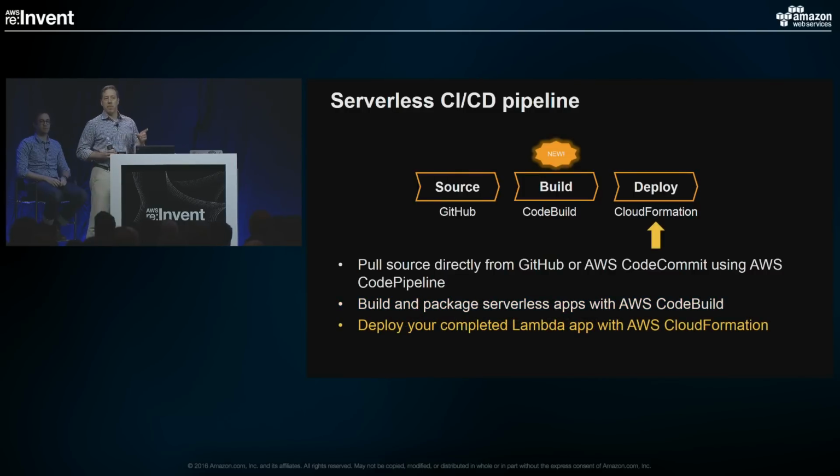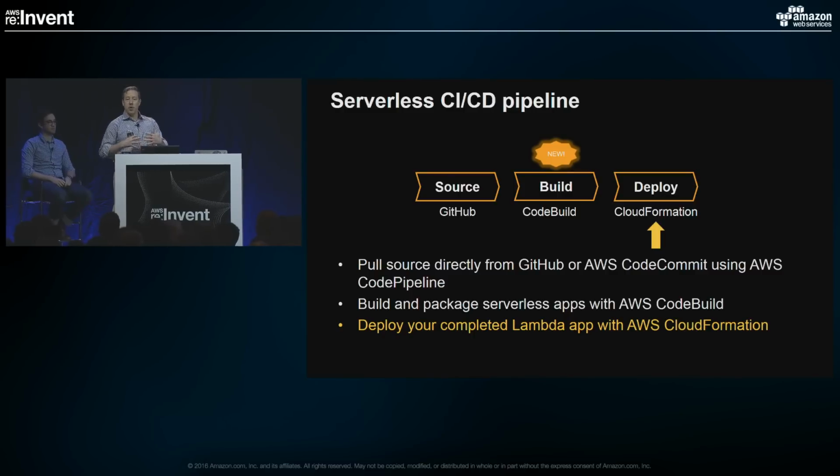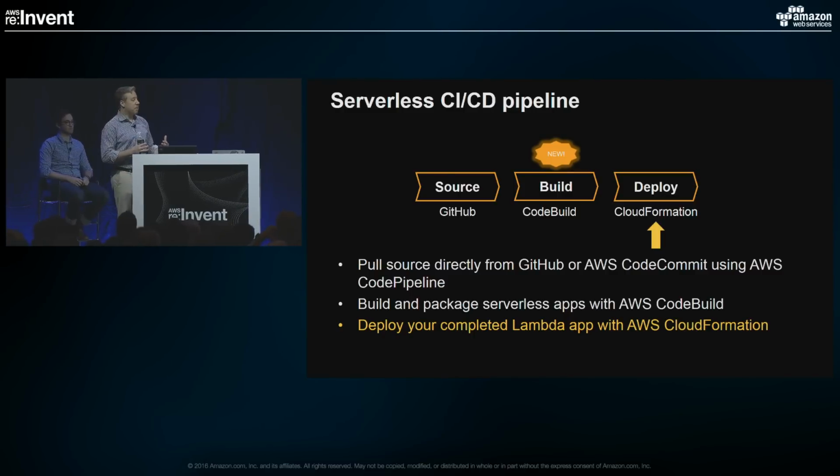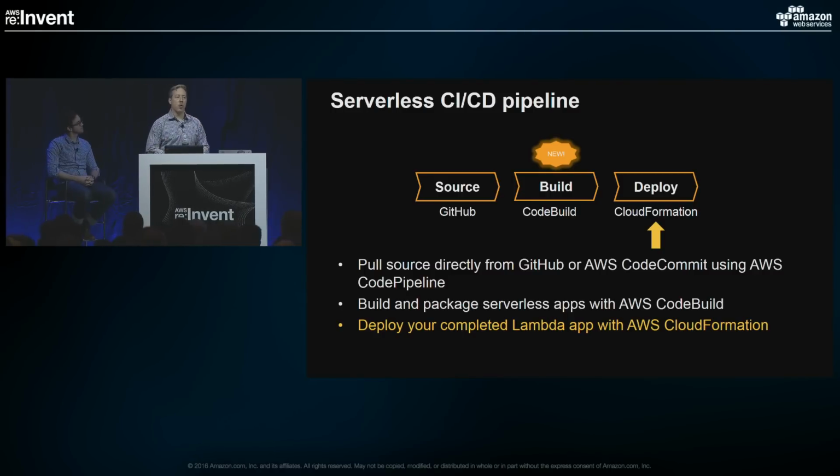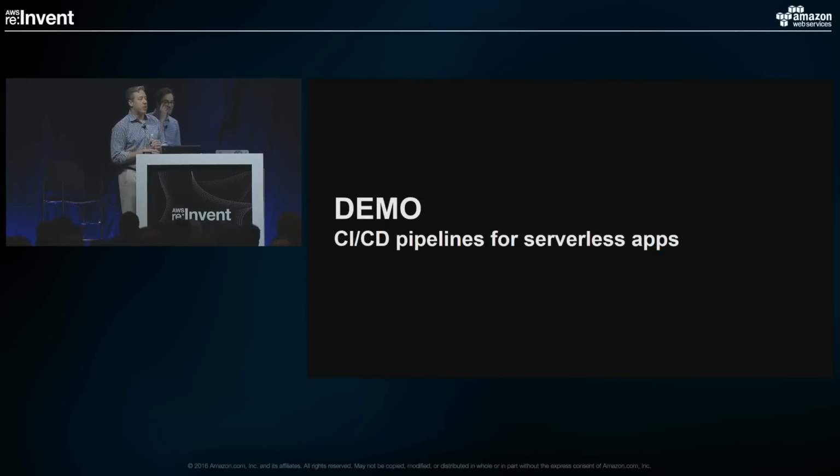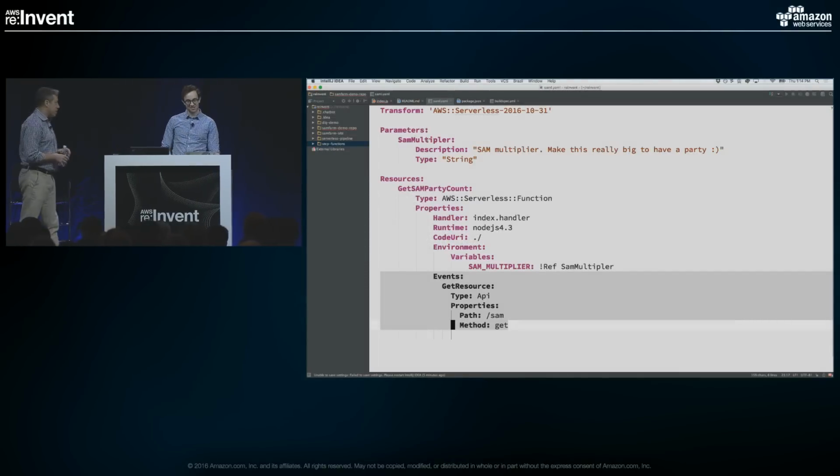And then we'll get to the final step here, where CodePipeline will integrate with CloudFormation, hand over both the code and the SAM template, and then we'll see that go off and deploy and either build in the first place or update previously existing pieces. And those can include Lambda functions, APIs, data stores, and other pieces here. So I'm going to hand this back over to Rory, and we're going to take a look at where we've gotten to in our pipeline here and see some of this in action.